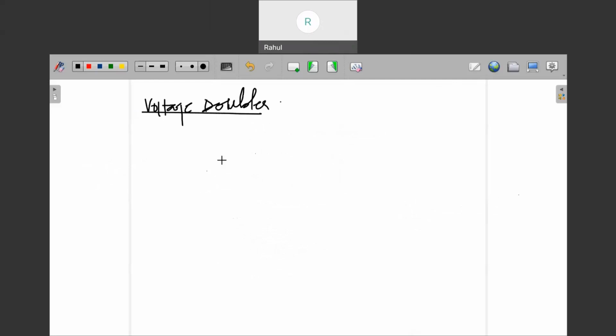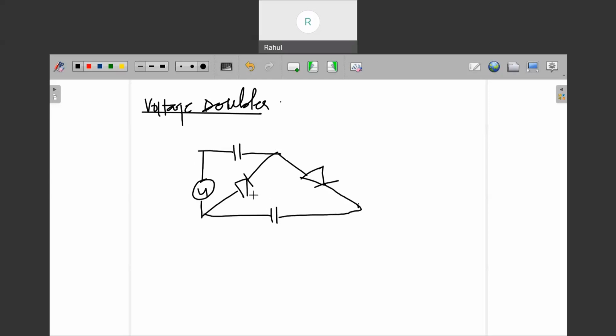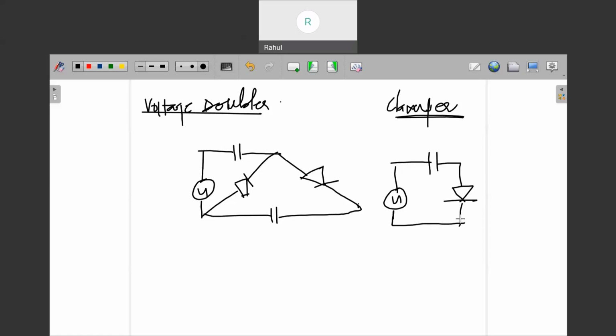Already I have told you that you can put here the supply, and you can connect the diode like this, right? And the diode like this, okay? And then you can connect the capacitance here, right? When we were talking about clamper and peak detector, right? So if suppose this kind of a circuit is given, and the supply is this,